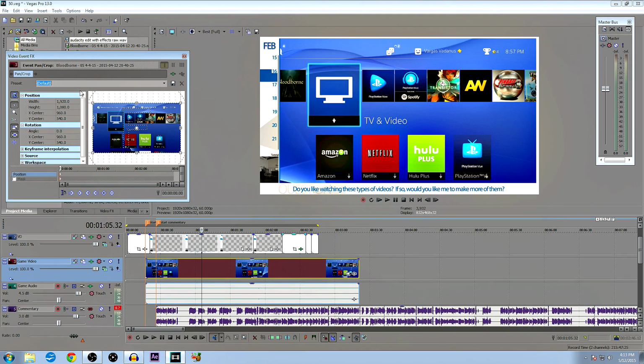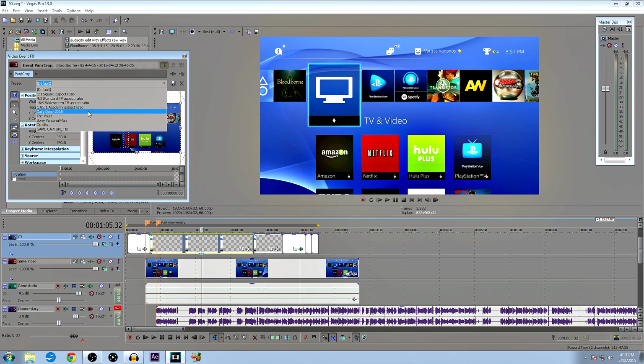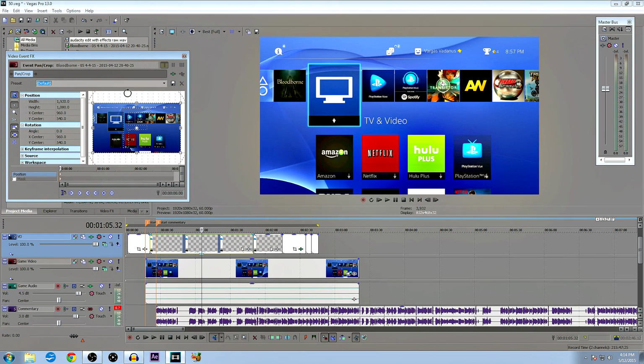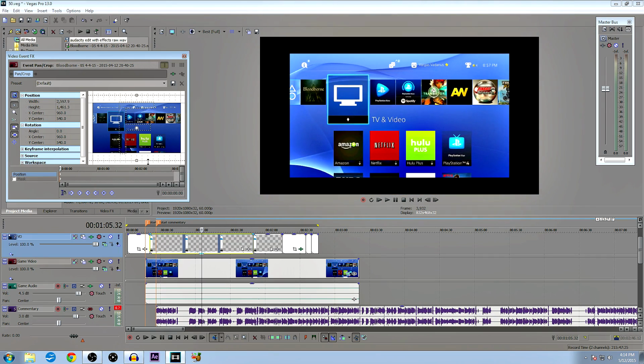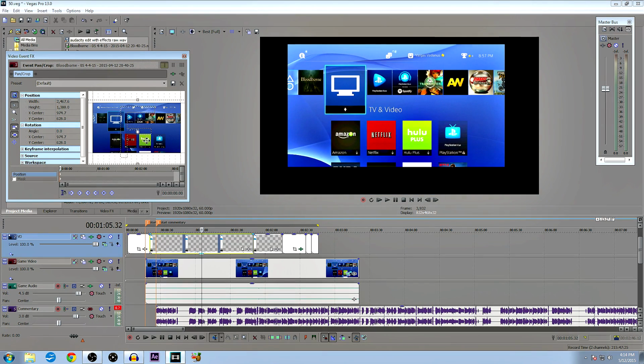So if we come back up here to default, now it's full size again. Let me go ahead and take out the transparency to this so you can actually see it. So it's full size, and then obviously if we go to Daily Dose, it's inside of my preview window, just so you can see how that works. We'll go back to default, and what you can do is grab these little points at the edge of your video here, and you can move them around. You see what I'm saying? So all I do is I move that, however big or small I want it to fit inside